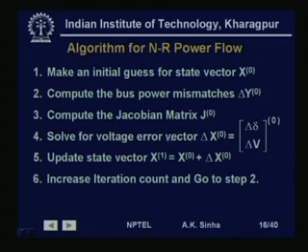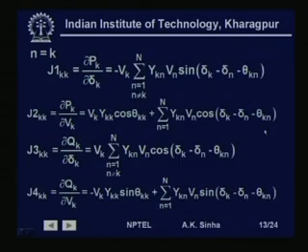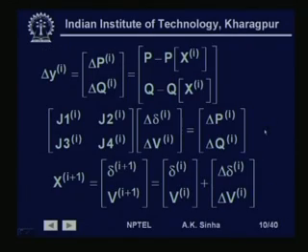Now, solve for the voltage error vector delta x, which is delta delta and delta V, that is the error vector based on the initial guess. We can find it out using, as we have seen earlier, this relationship. Using this relationship we solve for this. Now, this is already known at the initial value, this is known at the initial value, this is what we need to compute